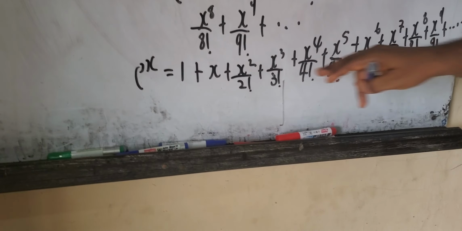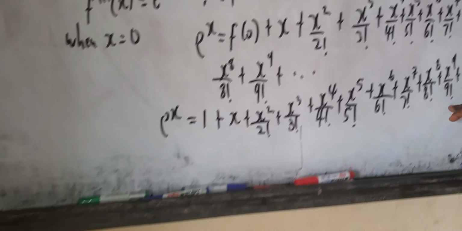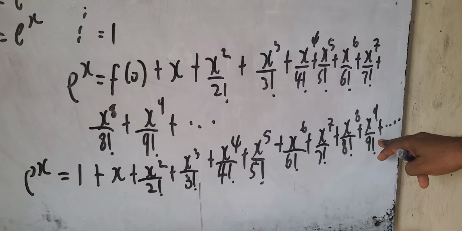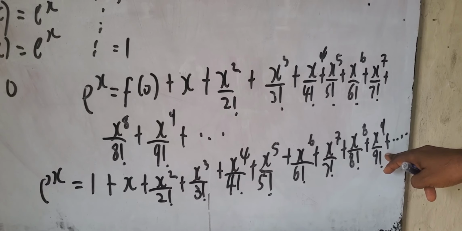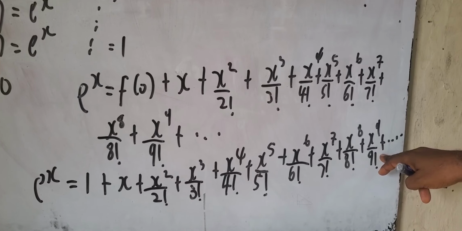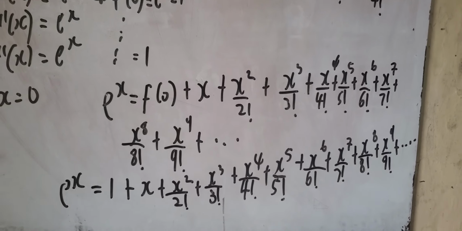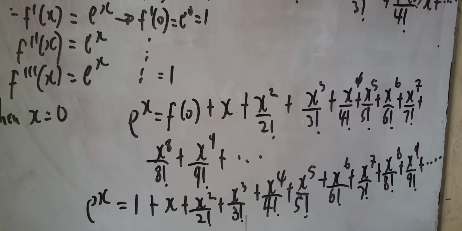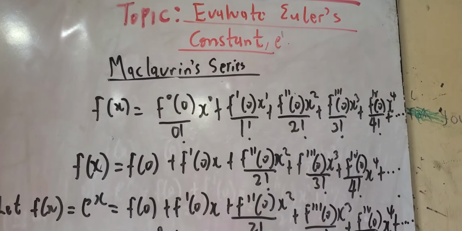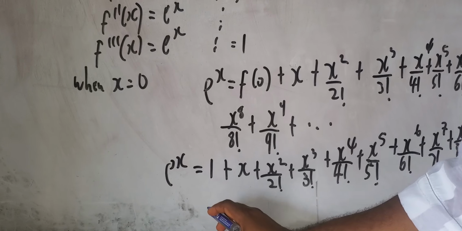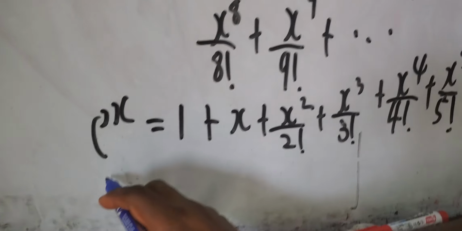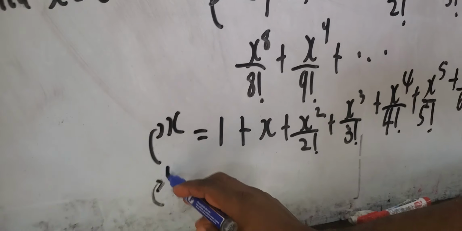I intentionally extend the summation of the terms up to the 10th term here. The reason I did that is to have a better approximation. Now we want to get an expression for e. e simply means e raised to power 1. So in this case, my x here will be 1. So that means the expression that I have here, I'll write it as e raised to power 1 is equal